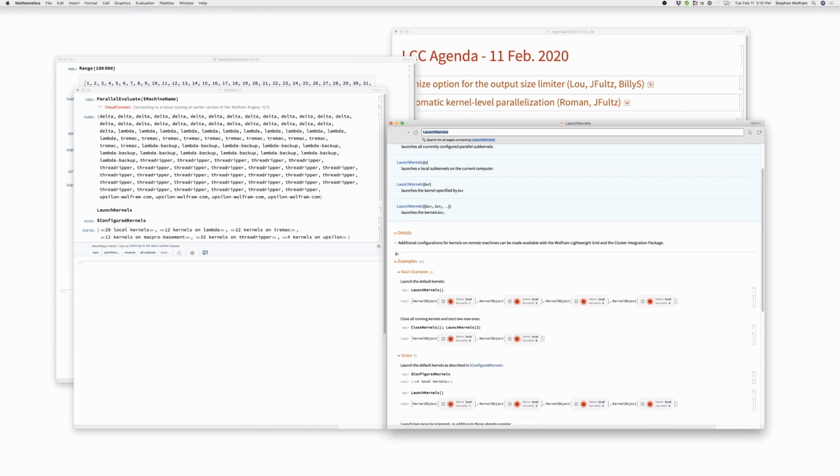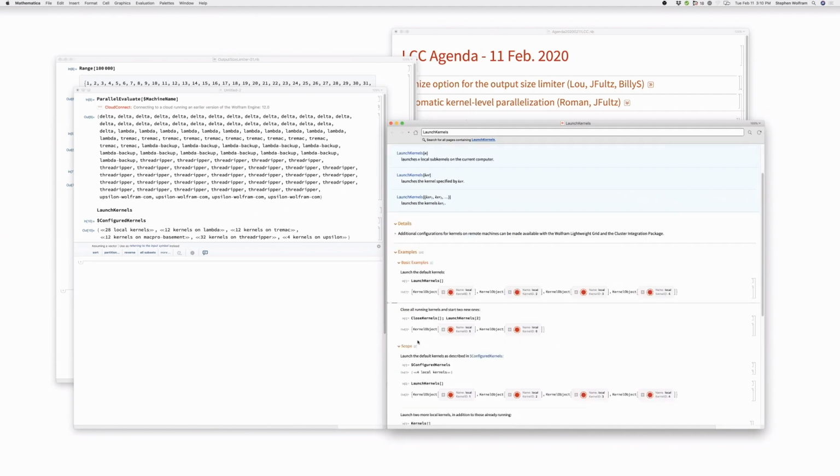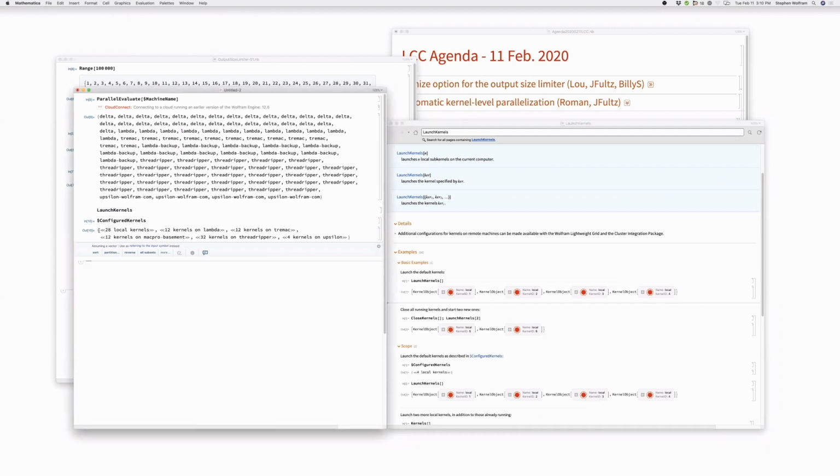Well, but here, $configured kernels could absolutely be talked about, right? Yes, certainly it should be in the basic examples, because how can you say launch kernels? This just shows launch kernels open bracket, right? Yes, you should put that in the basic examples. Certainly the details should talk about $configured kernels here. And also this should turn into nice icons here, right? For $configured kernels. If I close kernels, and then I say $configured kernels,